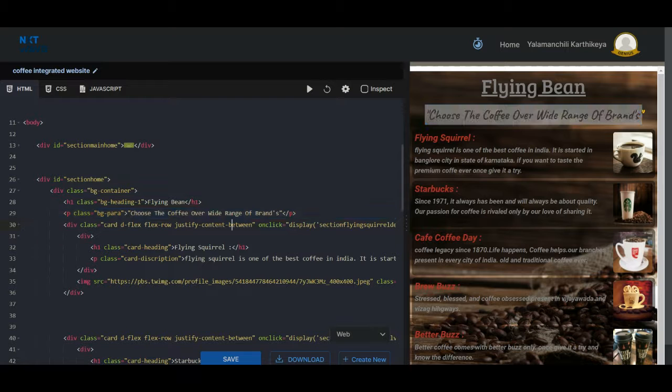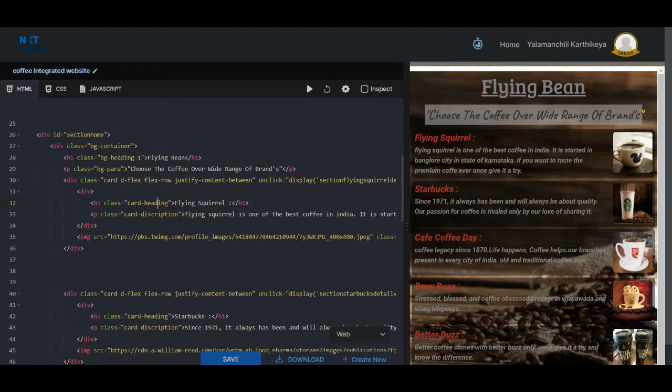Next, bottom to that, I am having some different layouts. Coming to layouts, I'm having five different cards. For each and every card, I don't need to style separately; I use the reusability property, and if you see here, you can know. I choose the container element div. I choose the card, and these are the Bootstrap elements I used.